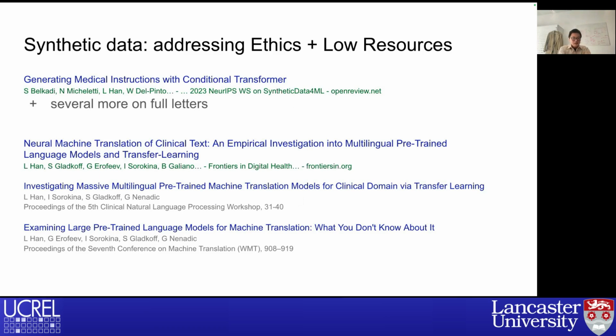And for synthetic data generation, coming back to Paul's question, whether the synthetic data is really used. So for the first paper, we published in the Synthetic Data for Machine Learning workshop at NeurIPS. We created a new transformer, actually, because we changed some optimization algorithm, so it is also open source on GitHub. And we used this new transformer to generate dense medical data, medical instructions or prescriptions.